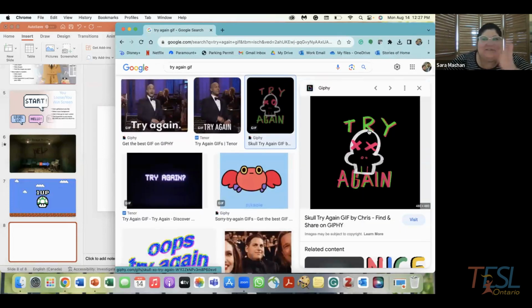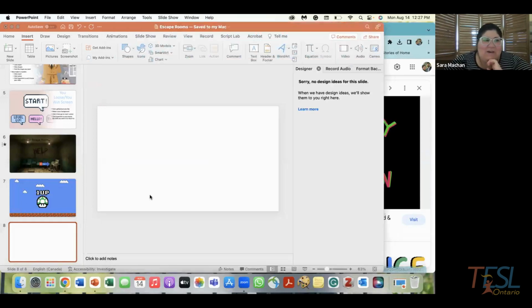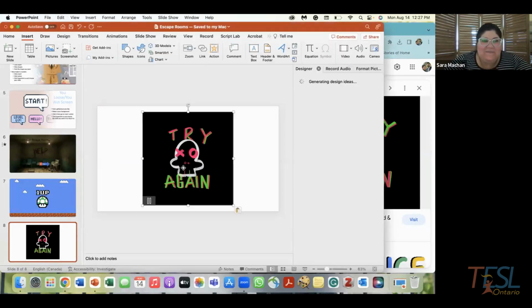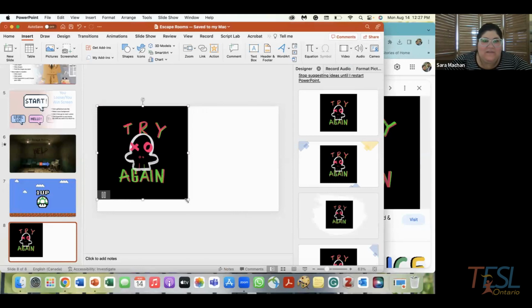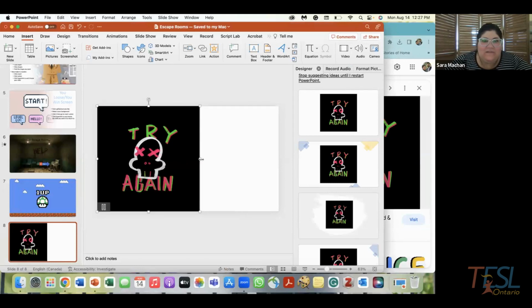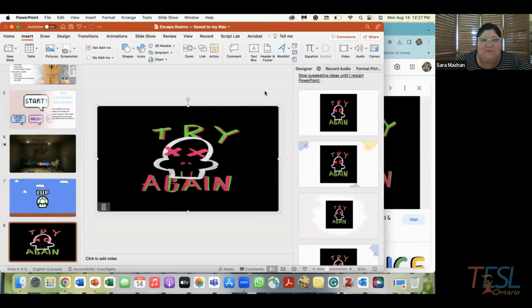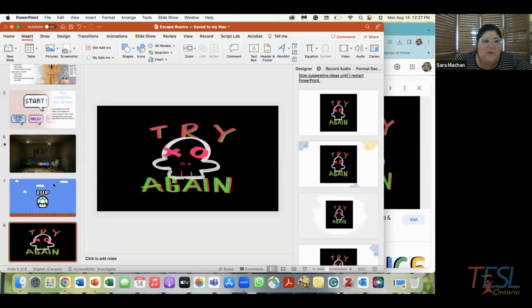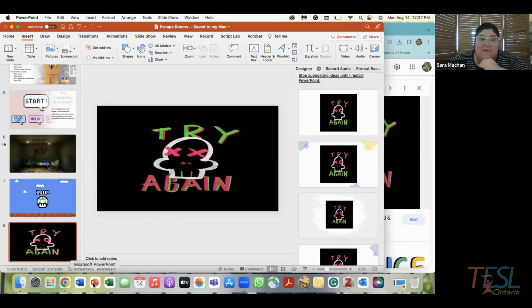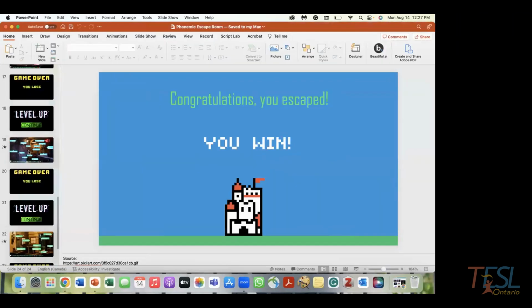So we've got something like this. Again, copy and paste it. And I like to just move it so that it becomes the entire slide, but it's up to you how you want it to look. And now you want to set it up so that your items will go either to the level up or the try again. So because it's an escape room, if we go back to my previous example, for each room,